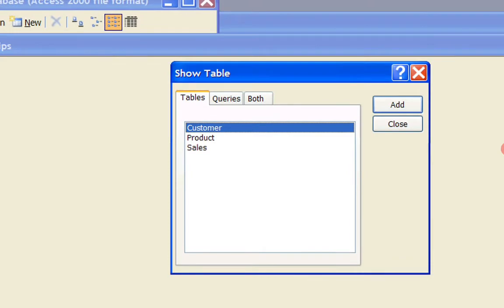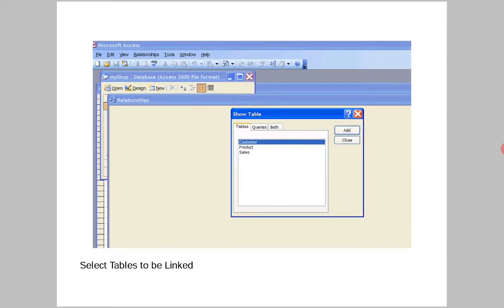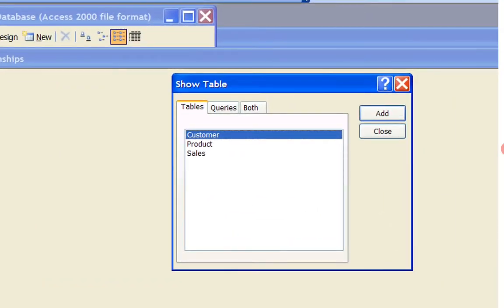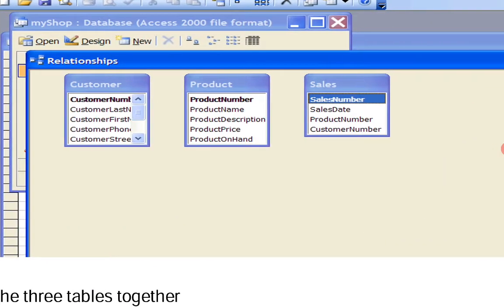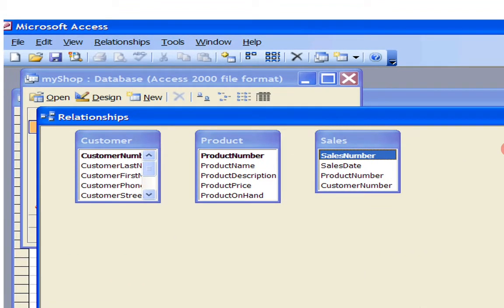First go to the Tools menu and choose Relationships, then select some tables. You may use more than one table, two or three. Here we use the customer table, product table and sales table. These are the three tables used.